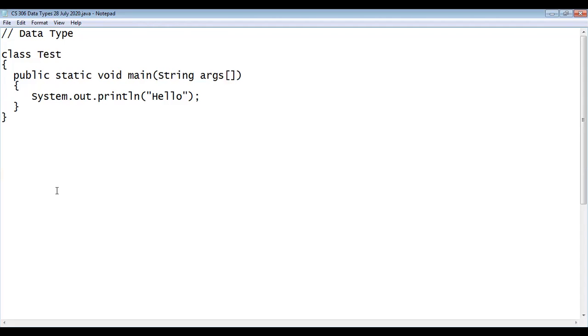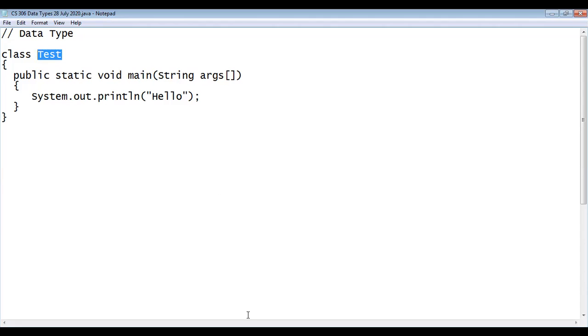Maybe someone may ask: sir, if we have test 1, test 2, test 3 and test 10 classes in our program, by which name does our test class get executed, or by which name does it become visible to all of us? So the answer is that the class in which main resides is your class. Here main resides in test, that's why my class name is test dot class.